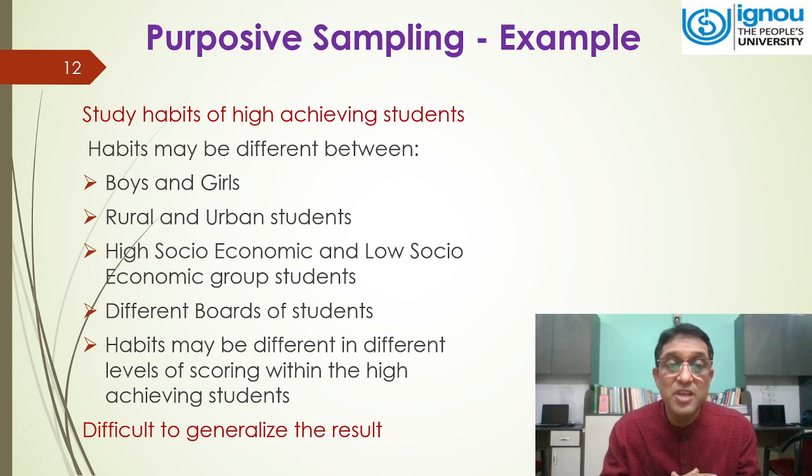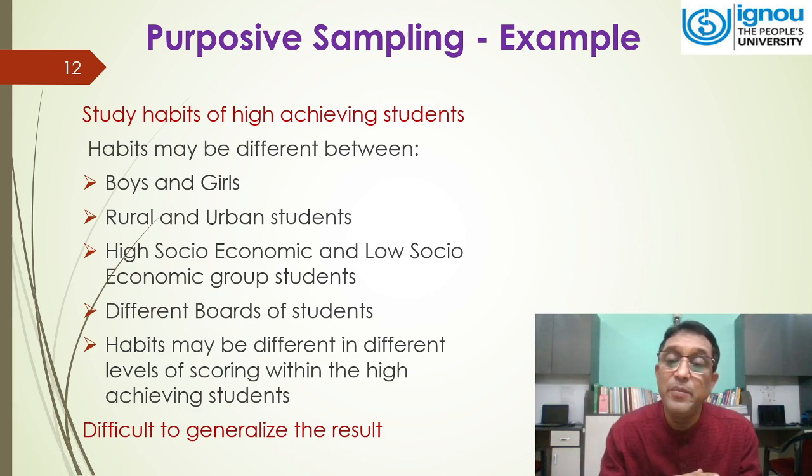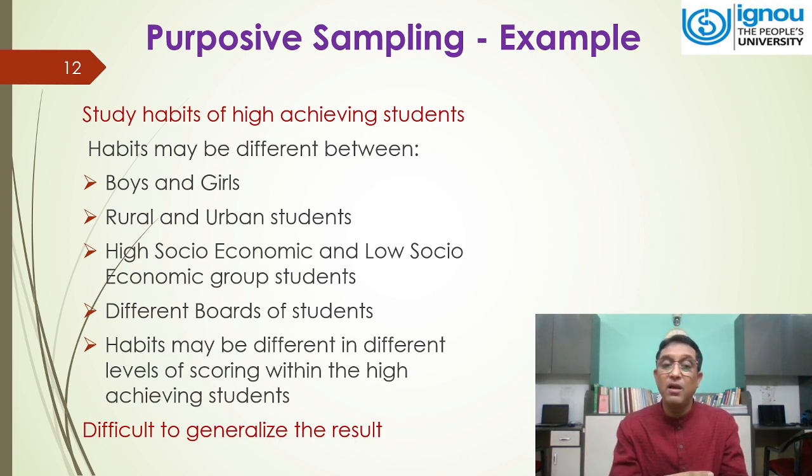Let us try to understand with an example. Let's study habits of high achieving students. आपका रिसर्च टाइटल जो है, you just want to conduct a study on study habits of high achieving students. जो high achieving students है उनका study habits आपको जानना है. Okay, so how can you select a sample by using the purposive sampling method? So you see, habits may be